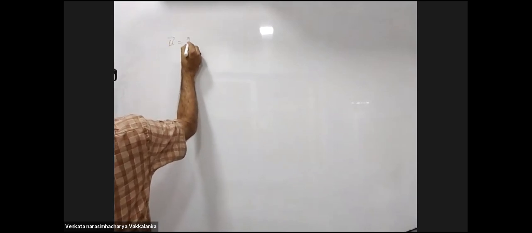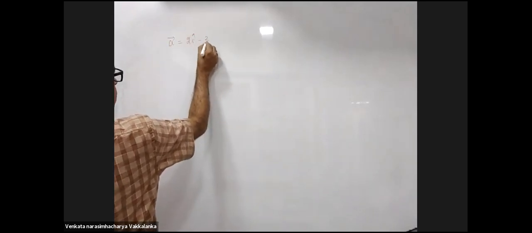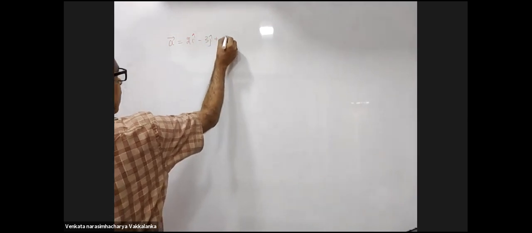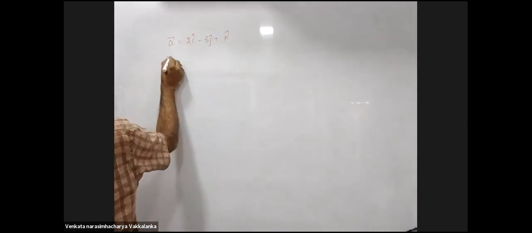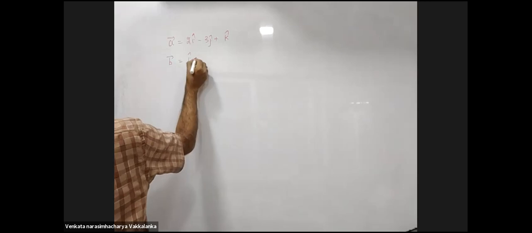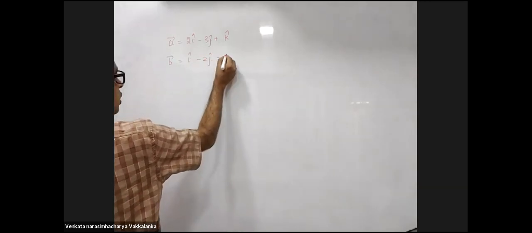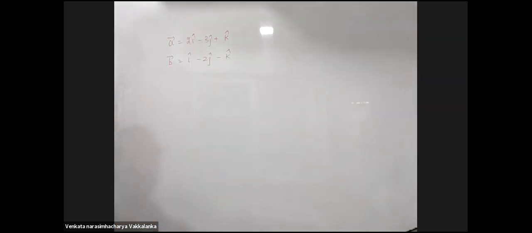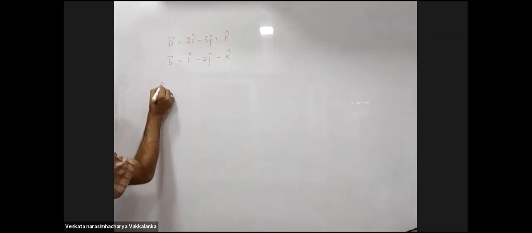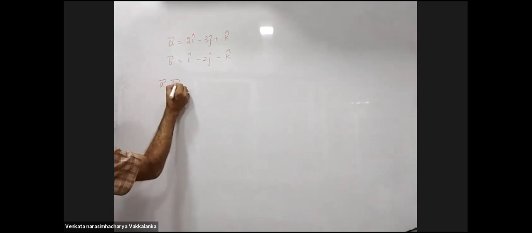Vector A is given as 2i cap minus 3j cap plus k cap. Vector B is given as i cap minus 2j cap minus k cap. Now when you tell me A dot B,